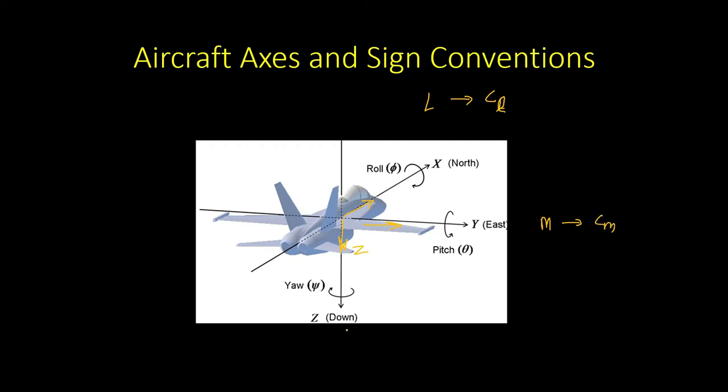And in the same manner, if you put your thumb along the positive z-axis, that is towards down, then your fingers will give you the direction of the positive yawing movement, that is the right wing moving back and the left wing moving forward. So this is the positive yawing movement and it is denoted by N. The coefficient of moment will be denoted by Cn. So this is about the main axis notations. Now we understand what is positive rolling movement, positive pitching movement, positive yawing movement.